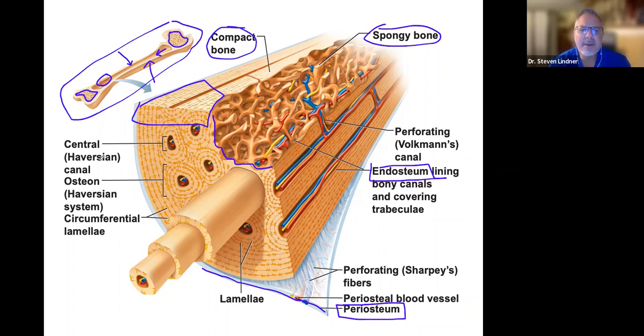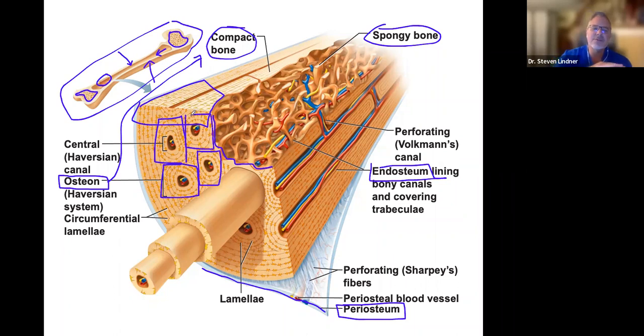The other thing that you're going to hear is this term osteon. And osteon is only found in compact bone. And the appearance of an osteon, this is just one osteon. This is another osteon. Here's another osteon. What these osteons look like